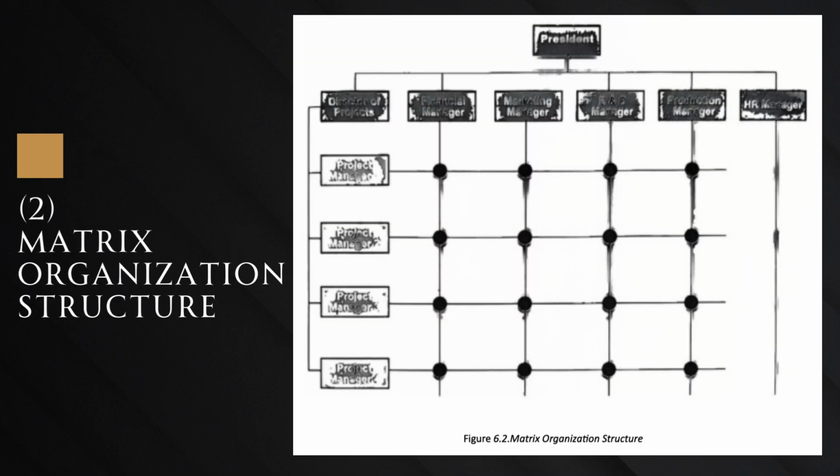A matrix organization, on the other hand, is usually seen when employees and teams have more than one manager. In Figure 6.2, we can see that managers of each node are located on horizontal and vertical entities. Hence, the first node on the upper left is a team that reports to two managers, the finance manager and the project manager 1. In the hotel business, matrix organizations can be seen in multiple hotel brand management or hotel chains wherein every hotel property has a department manager who is responsible for their specific hotel property. And above them is a central headquarters wherein the functional department managers are located and govern over every specific department